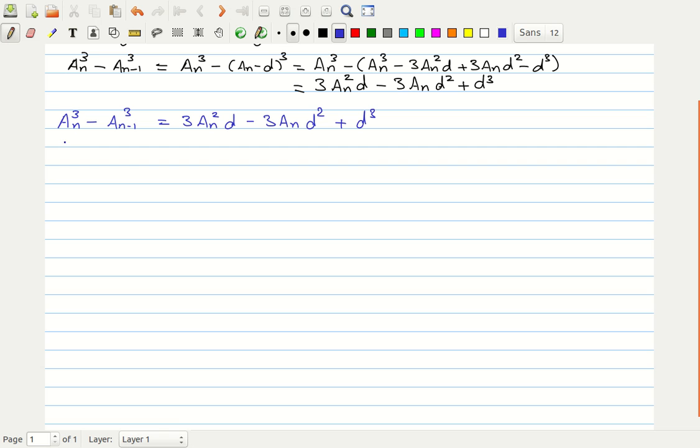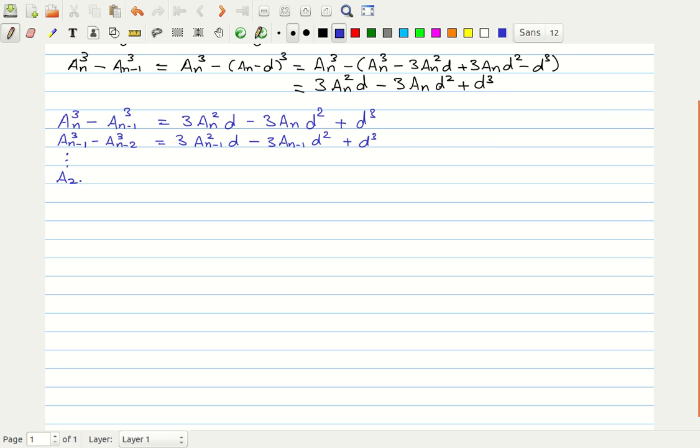What is going to be a(n minus 1) cube minus a(n minus 2) cube? This is going to be 3 times a(n minus 1) square times d minus 3 times a(n minus 1) times d square plus d cube, right? And if we go on,